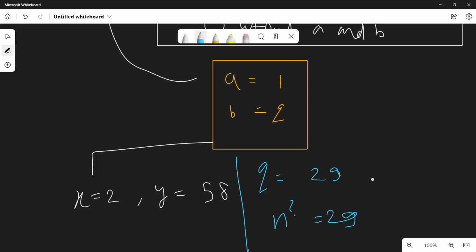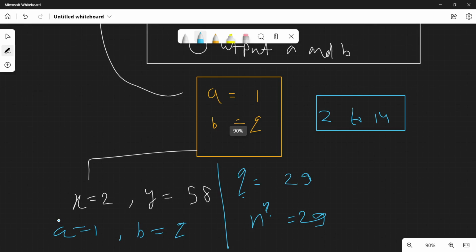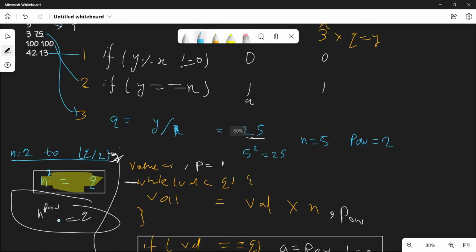You are going to iterate from 2 to 29 by 2, which is 14. There are no such values of n whose power is equal to 29. Then in this case you will print a equals 1 and b equals q, which is 29, and this is our answer. You can also check this one more time.